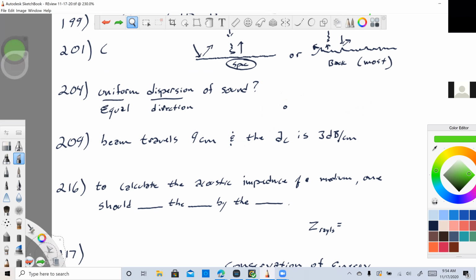209. A sound beam travels 9 centimeters in soft tissue. The attenuation coefficient is 3 decibels per centimeter. What is the total attenuation that the sound beam experienced? So what are they asking us? Quite simply, they're giving you everything you need to very easily